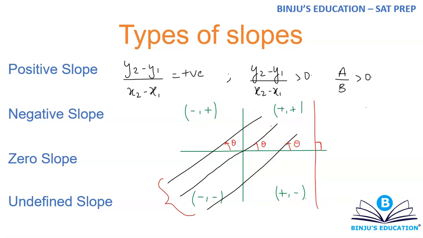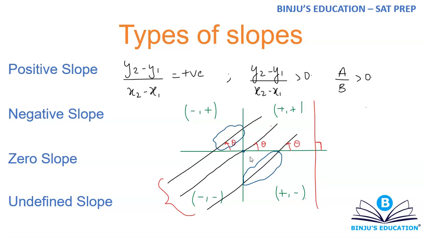So a line may or may not pass through second, a line may or may not pass through fourth, or a line may or may not pass through origin. But if it is passing through 1 and 3, you can simply close your eyes and say that the line has a positive slope. Because if it is passing through 1 and 3, it's passing through coordinates which have both coordinates positive and both negative. Or the angle made by the line with x-axis in anti-clockwise direction will always be less than 90 degrees.